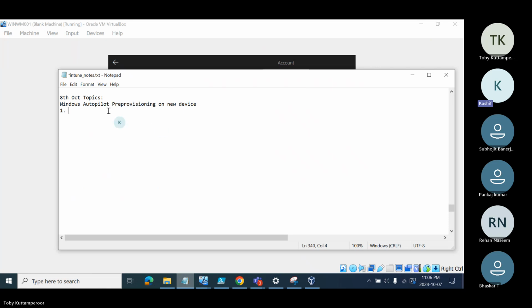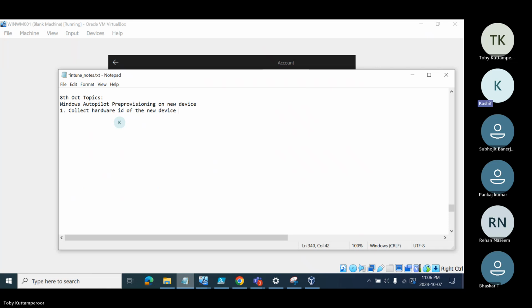So what we have to do is collect the hardware ID of the new device